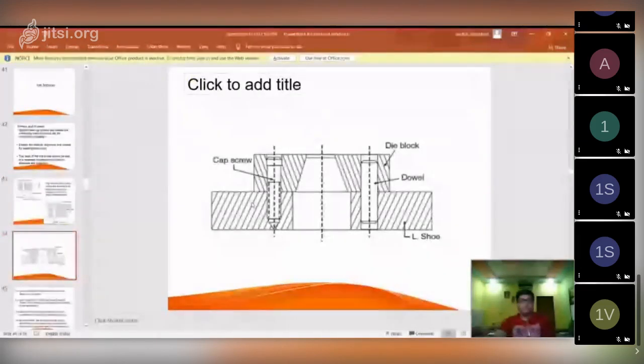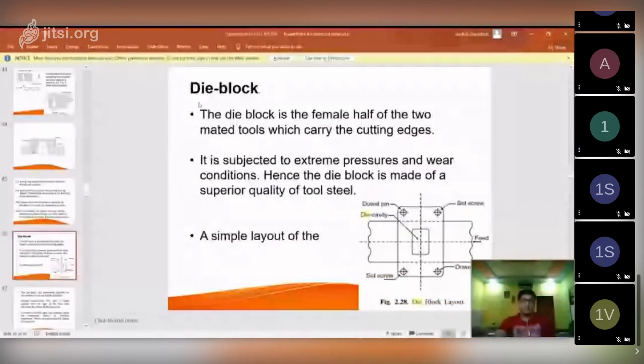Then we covered the die block. I also want to give you a height formula for this, guys. According to the thumb rule, we can decide the height and thickness of the die block. But for a particular application, you can calculate that height with that formula. So at the end of this class, I will tell you on the whiteboard.